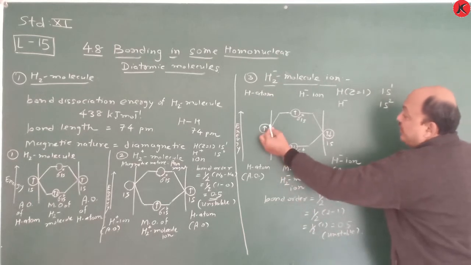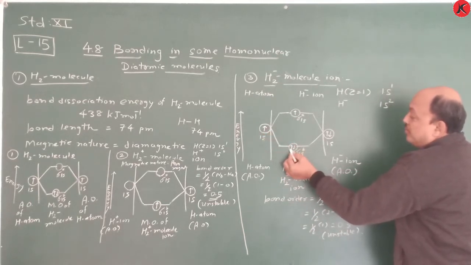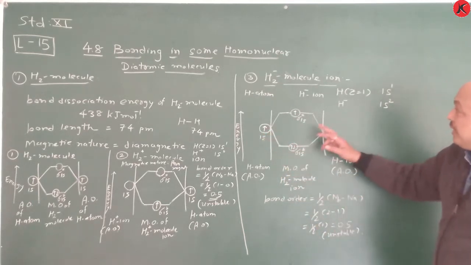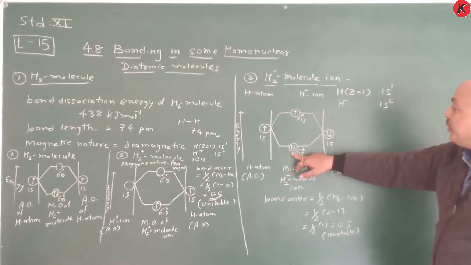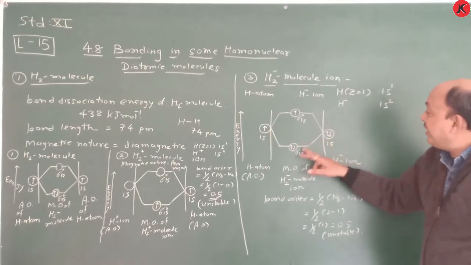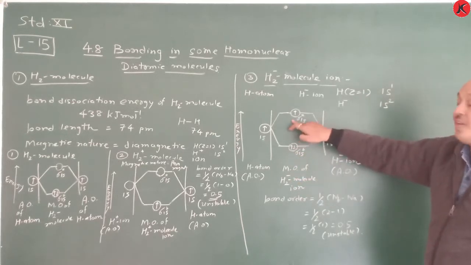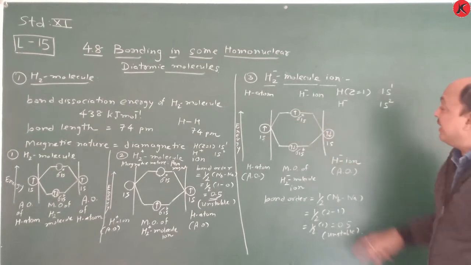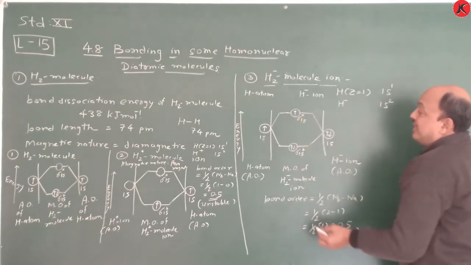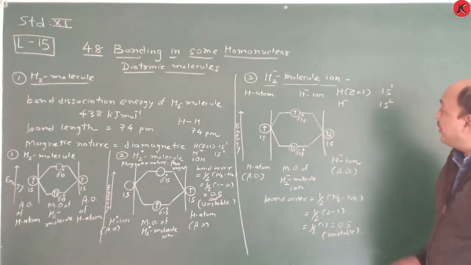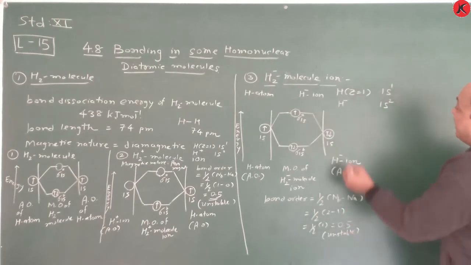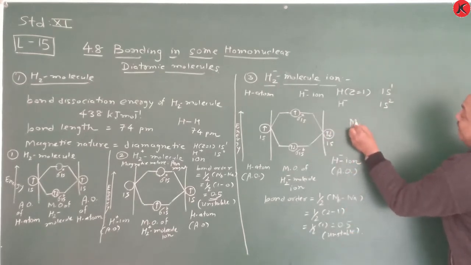Okay. So if you draw this MO diagram, molecular orbital diagram, you see 3 electrons are there. So 2 electrons are paired in sigma 1s bonding, which has lower energy, and this 1 electron enters the anti-bonding orbital, and that's why it's higher energy. And that's why we can say the magnetic nature, it's very simple.